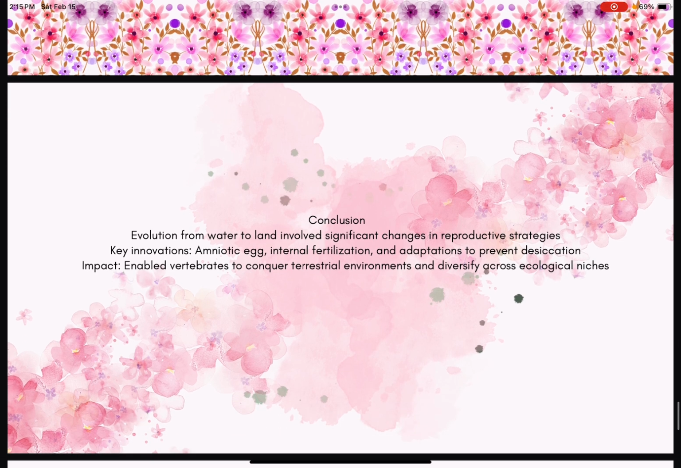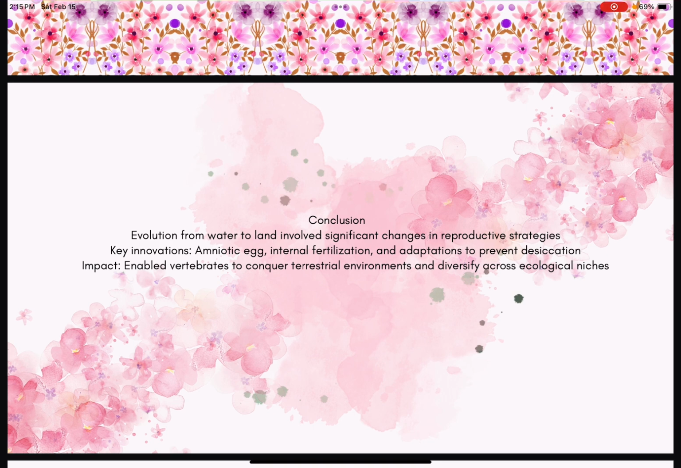So now to close off, the transition from water to land was a complex process that involved a range of adaptations in various systems, especially the reproductive system. The key evolutionary innovation that allowed vertebrates to thrive on land was the amniotic egg, which facilitated internal fertilization and provided protection from desiccation. I feel like I've been saying dissociation before, but I meant desiccation. The shift to internal fertilization, the development of protective egg membranes, and the eventual